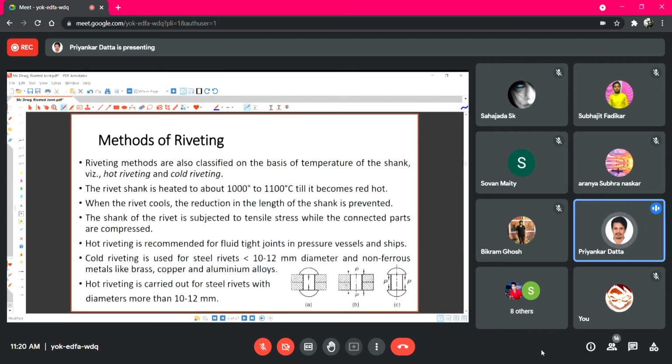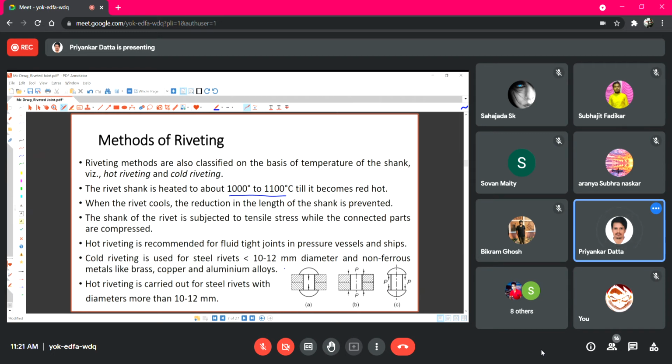Also there are two types, one is cold and one is hot riveting, right? Now for hot riveting, definitely we have to heat the rivet at a higher temperature. Now this has some additional advantage. You can note that I have mentioned here the temperature is around 1000 to 1100 degrees centigrade, that is red hot. And at that temperature, both the die and backup bar are used, and the die is pressed over the tail part of the rivet to create the final joint.